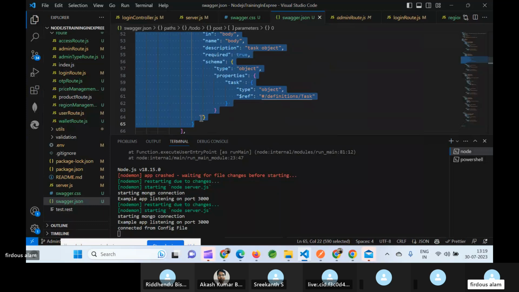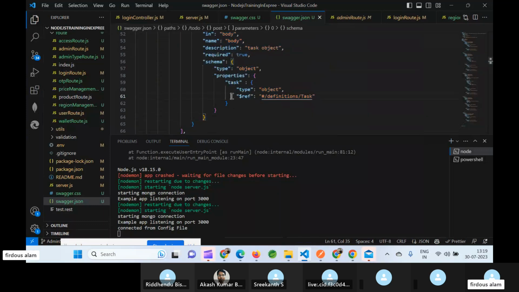Okay. And a few things like this, where we want to define some kind of objects, what you can do is create common objects. In order to use that, we have to use hash. Then the name should be definitions, hash name, and the name of that object. So this task, if you close this path,